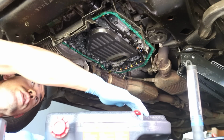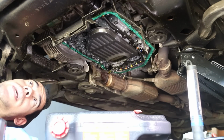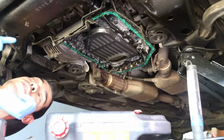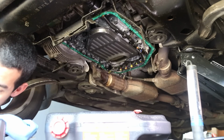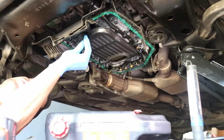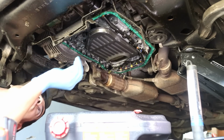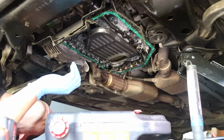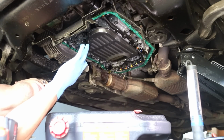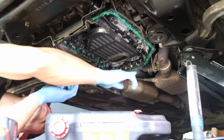So I went ahead and moved the transmission pan out of the way. We'll look at that in just a second, but we're gonna go ahead and pull the filter down now. There should be two T30s that are holding it up, which this is my T30. There's one on the backside here. That's not a T30, maybe it's bigger than that. I think it's one right here, this front left corner. I think one's over here, but